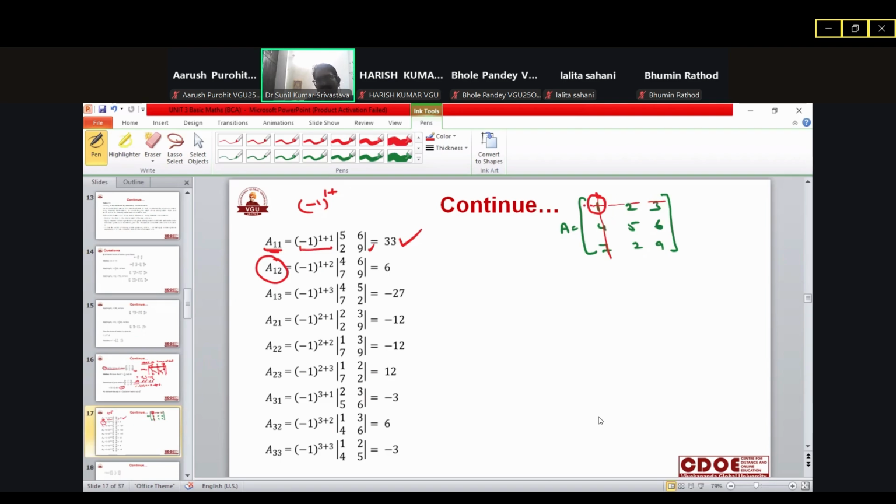A12 के लिए क्या करना है, ये फर्स्ट रो में ही लाई कर रहा है, बट कॉलम अब हमारा सेकंड हो गया। ये हटा दिया। ये बचा, देखो 4 बच रहा है, ये 6 बच रहा है, ये 7 बच रहा है, और ये हमारा 9 बच रहा है। 4, 6, 7, 9। और हमें इसकी वैल्यू को इवेलुएट कर लेना है। 4 इंटू 9, 36 माइनस 6 इंटू 7, 42। आंसर हो गया हमारा 6।